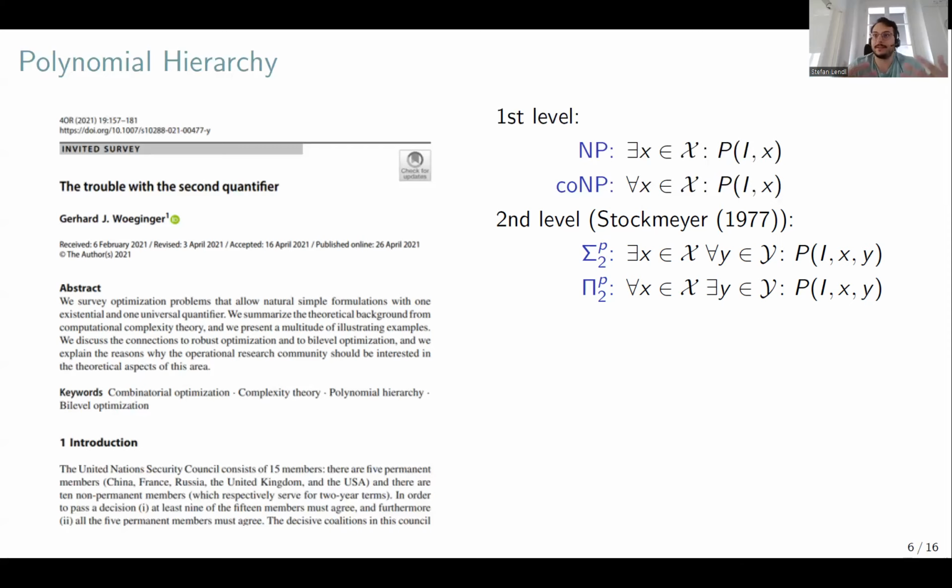So this is basically the hands-on interpretation of something being hard for a higher level of the hierarchy. It says, well, if we could find a nice, small, meaning polynomial size, MIP formulation for our problem, then the problem must be in the class NP, because mixed integer programming is in NP. Okay, and this is why we should care about higher levels of the hierarchy, because often we have problems,